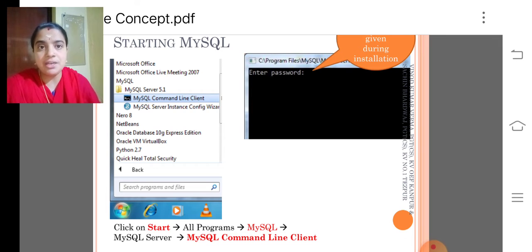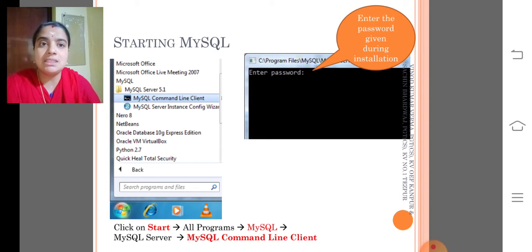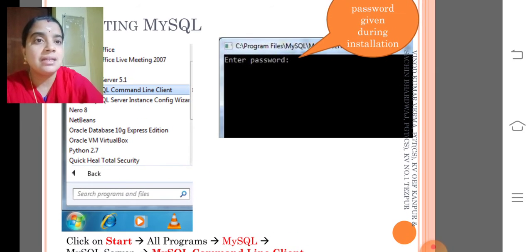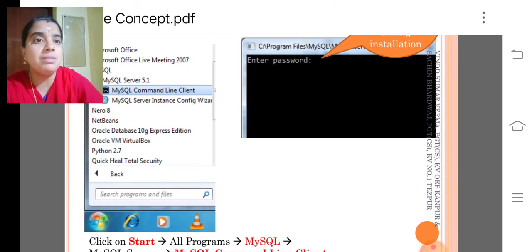After installation, you can go to All Programs, then select MySQL, and within that, MySQL Command Line Client, or else you can create a shortcut for the same, so that you will get a command prompt screen like this.